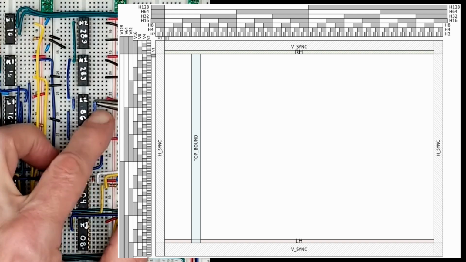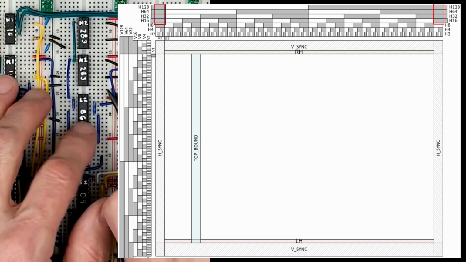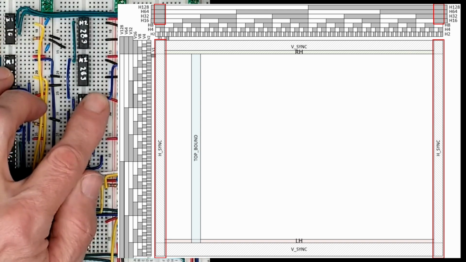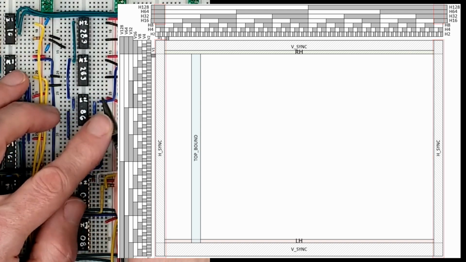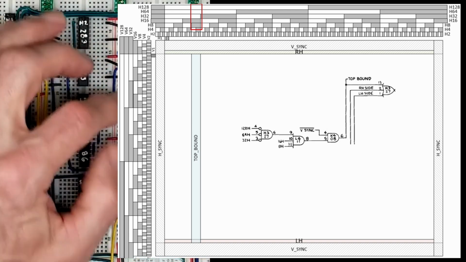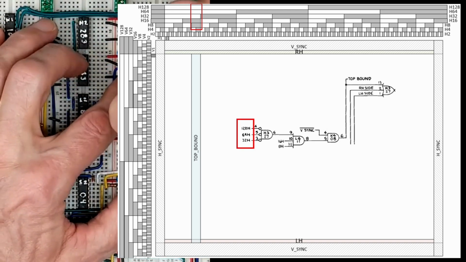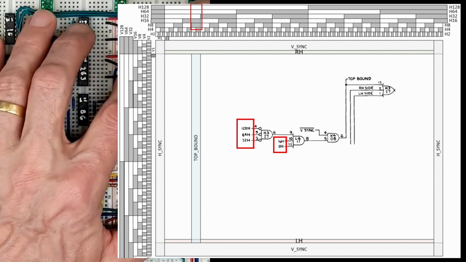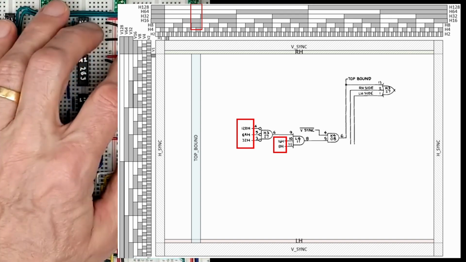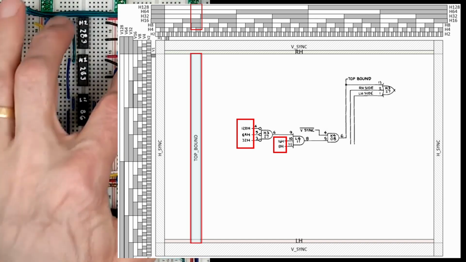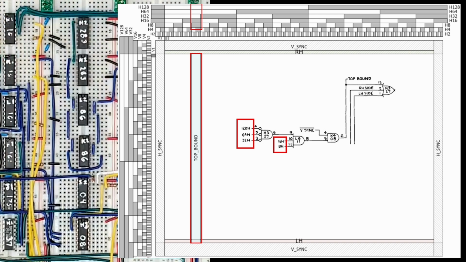H-sync is on when the high-order horizontal counter is all 1s. You can see this represented along the edges here. We also showed that top boundary is only dependent on horizontal signals when 128H, 64H, and 32H are off, and 16H and 8H are on. 4H, 2H, and 1H are not involved in the logic criteria, so the top boundary lands here and is 8 horizontal steps wide.